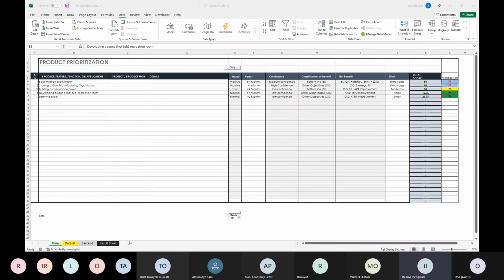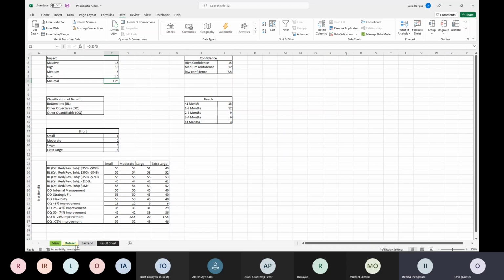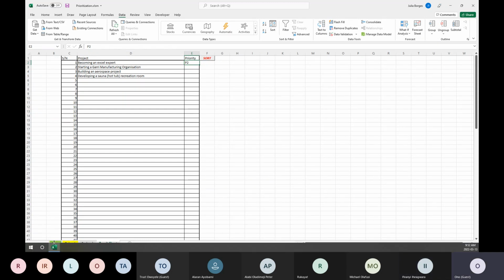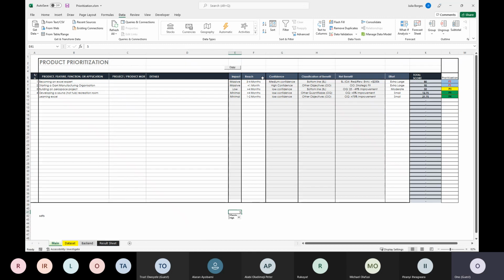What does the copy button do? The copy macro button? Oh yes, that's the button you noticed. It wasn't particularly part of the class objectives, but yes, you're right. It has the macros. It essentially copies everything on the screen here to this spot and then sorts it immediately. So if I clicked on it, it would just copy all the results I have here.